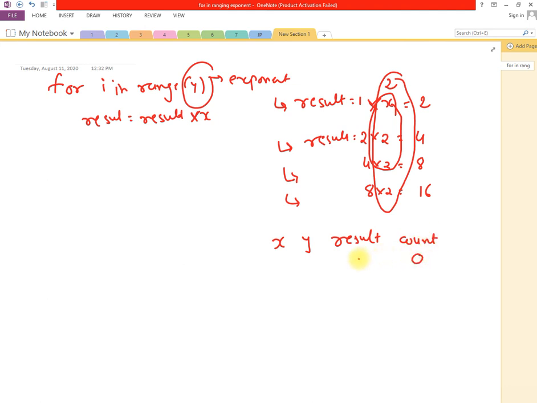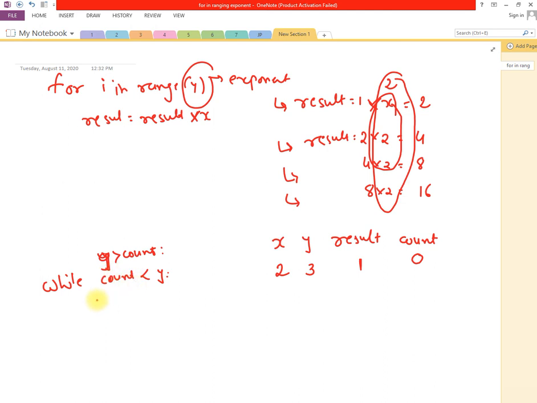Initial value of count is 0, result is 1. Let us say x is 2 and y is 3. Now I have this condition: while count is less than y, or you can say y is greater than count, both are correct.